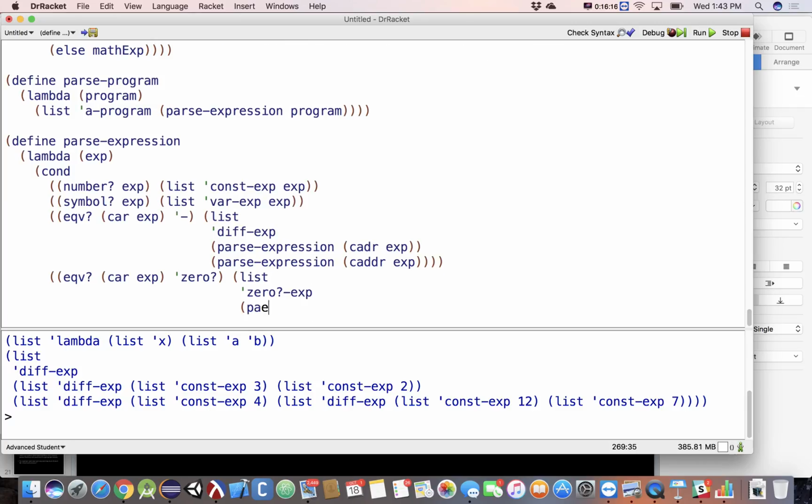Followed by whatever parse expression returns for the CADR of the expression. All right, so we'll mark it up as being a zero expression, and what are we representing? Whatever parse expression returns for the body of that guy. Okay, next,